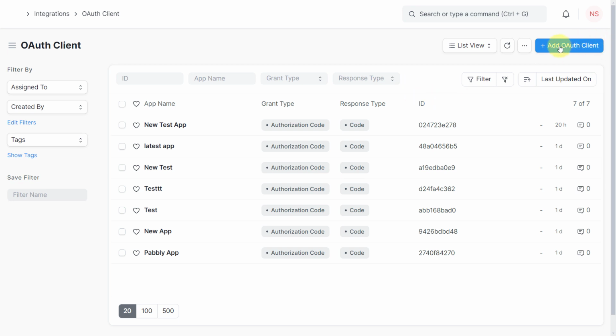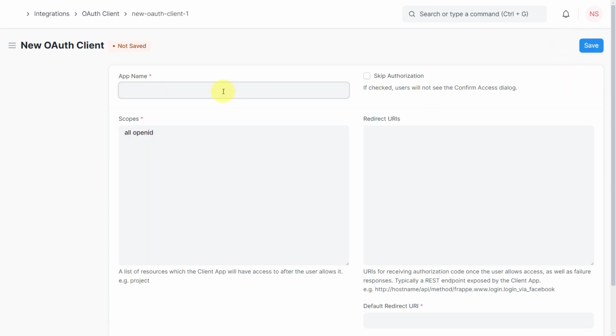To create a new one, just click on this add OAuth client button and then give this app a name. So we are basically creating a small app inside ERPNext for authorization. So let me name my app, for example, Pabbly Connect. Now after that, here it is asking us for the scope. So here in scope, we are going to select all and openid, and then it is asking us for the